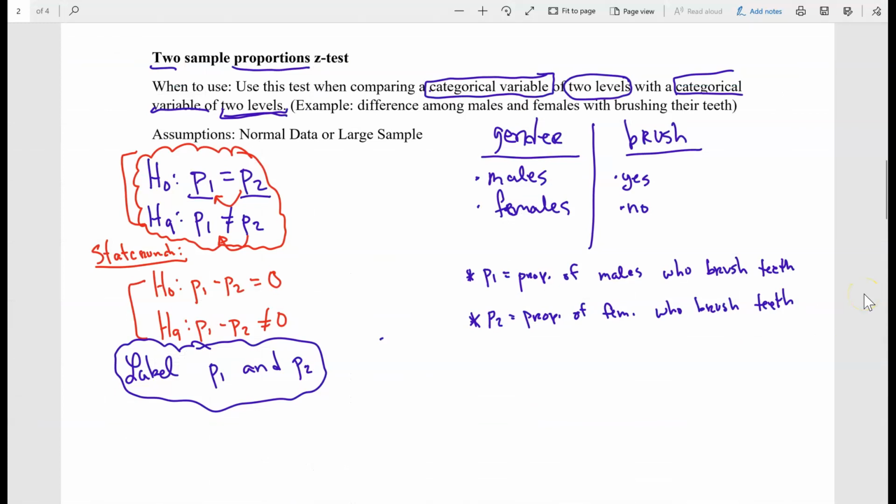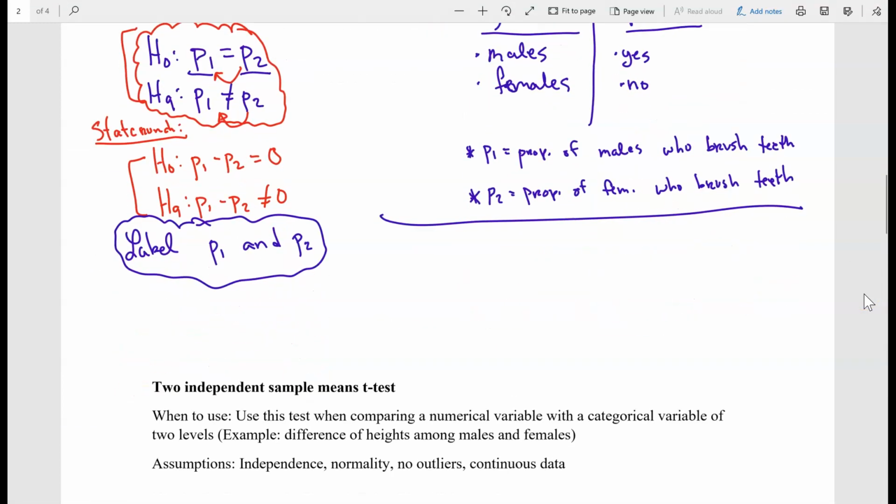So we're gonna set my null and my alternative right now. Let's just write H0 and your HA. So this is what you want to write first. P1 is equal to P2, and P1 is not equal to P2. So remember, you need to label what P1 and P2 are. So let's say P1 is going to be the proportion